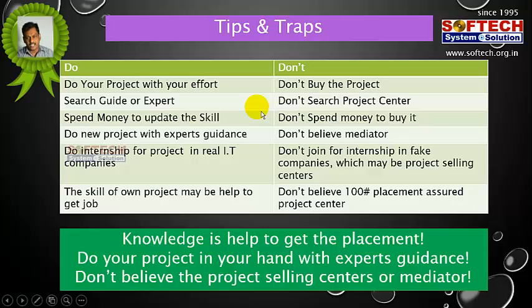They list out the titles, and the student can pick any one from the list. Spend money to update your skills. Don't spend money to buy the project. Do a new project with expert guidance. Don't believe mediators and don't buy old projects.